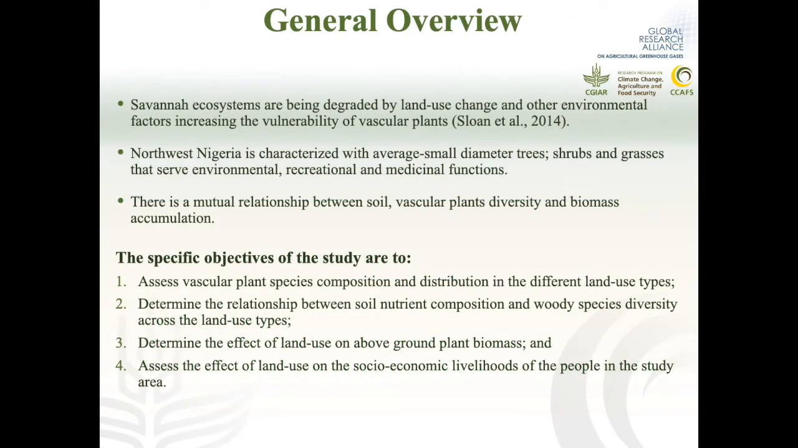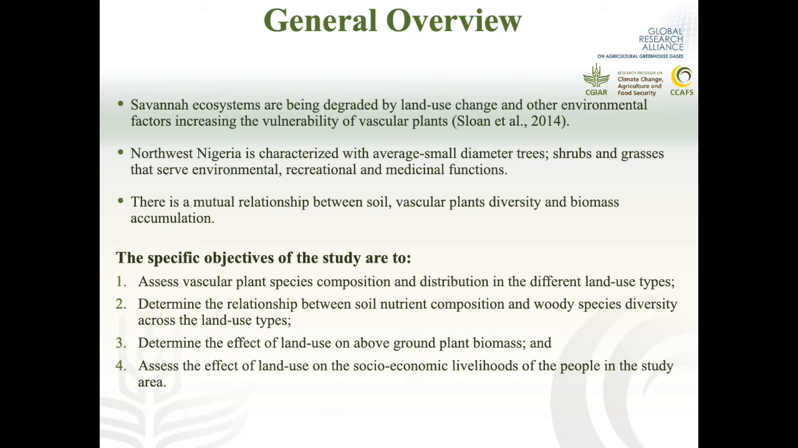Savanna ecosystems are being degraded by land use change and other environmental factors, thereby exposing numerous vascular plant species to vulnerability. This has contributed to loss of many indigenous vascular species and influenced lots of environmental problems in northern Nigeria. Northwest Nigeria is characterized with average small diameter trees, shrubs, and then grasses that serve environmental, recreational, and medicinal functions. However, the continued existence of these valuable resources in Jigawa State is at risk of loss due to annual bushfire,